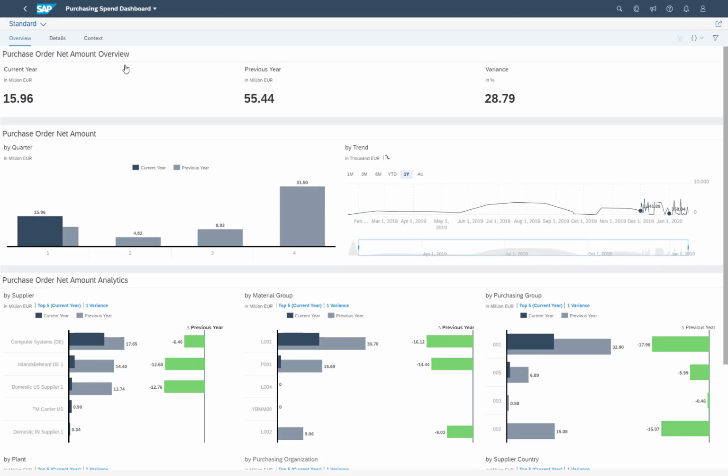Once you've opened this dashboard, you can see the purchase order net amount and get an overview of it. What we do in this dashboard is compare the current year to the previous year along different dimensions. First of all, you will get some KPIs up here, the variance between the different KPIs. And then down below in the next section, you see this data reflected by quarters in the first chart and also in a time series chart for every day